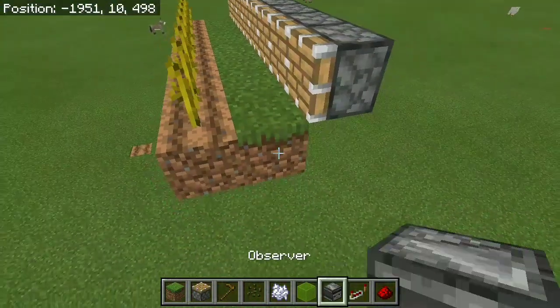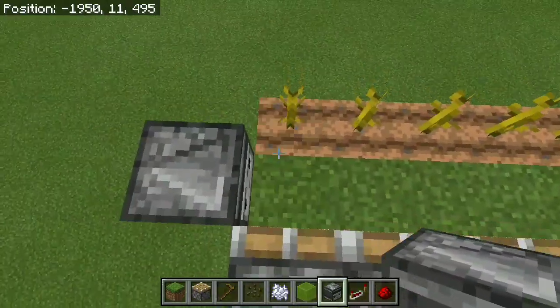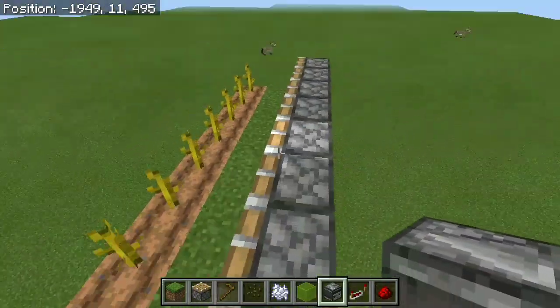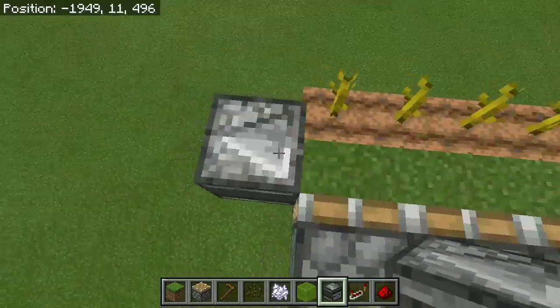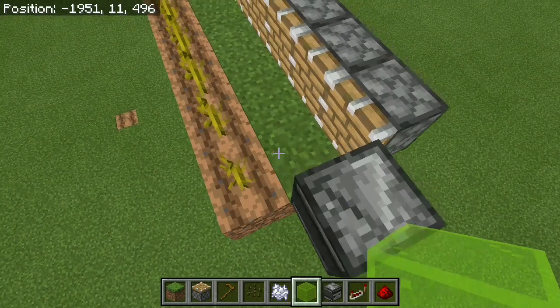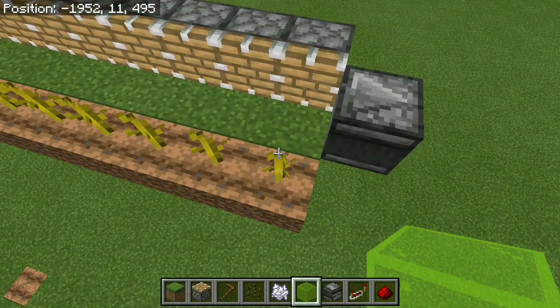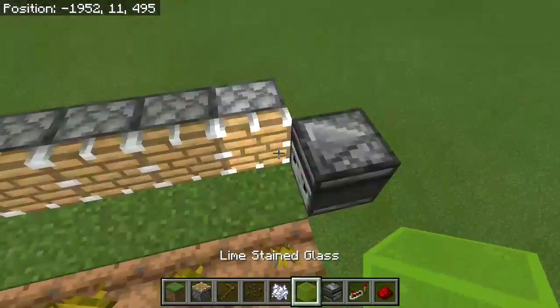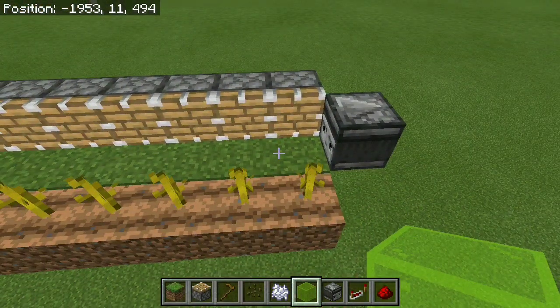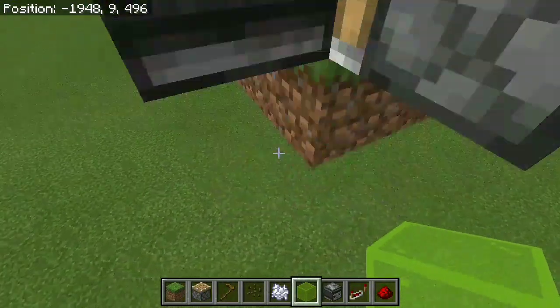After this, we're just going to put in our little observer over here. It's just going to be detecting this first melon over here, and it's going to be activating every single piston. But after you have done this, what you want to do is grab yourself some block of your choice. Make sure it's actually a full block, that way no melons can actually escape. But again, I'm just gonna be using some glass blocks, that way you guys can see this a little bit better. To cover the whole area with the blocks, you're going to need 27 of them,